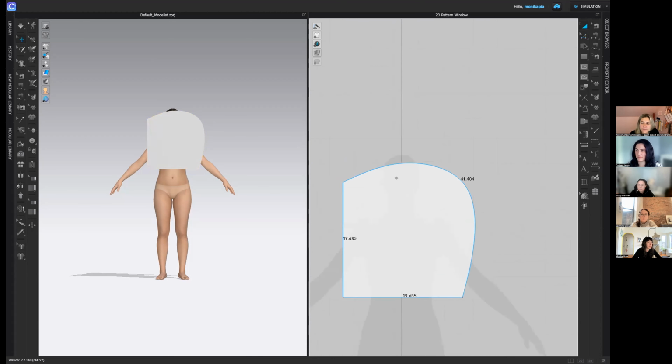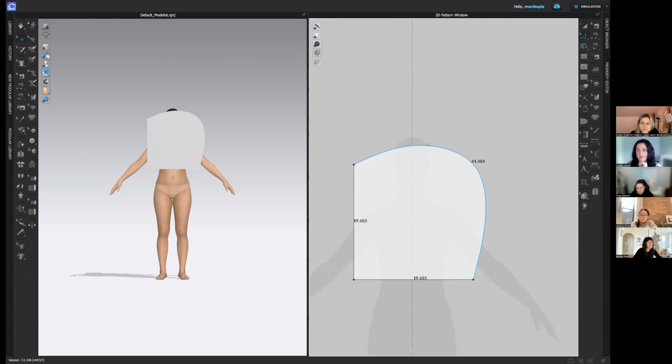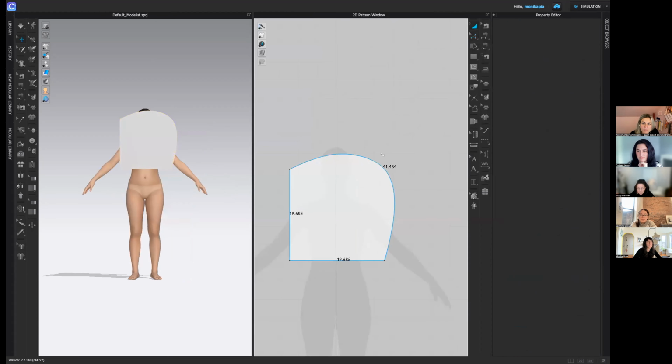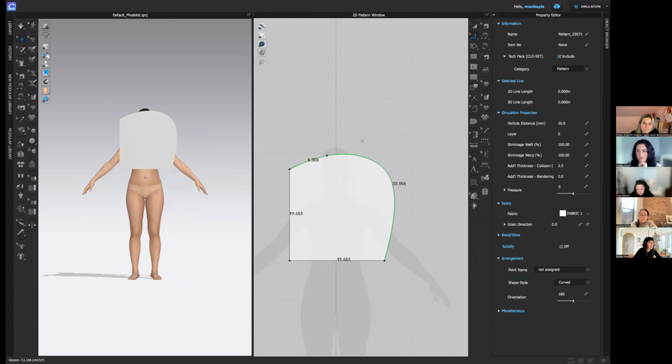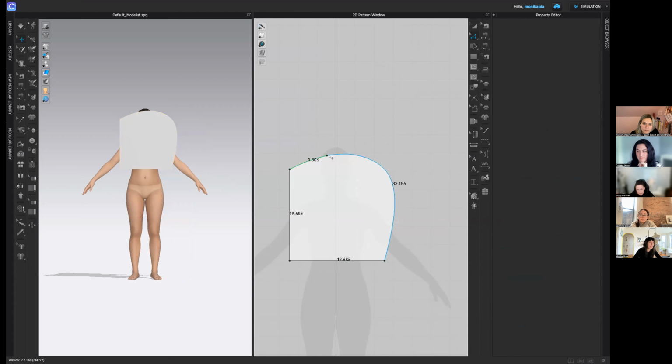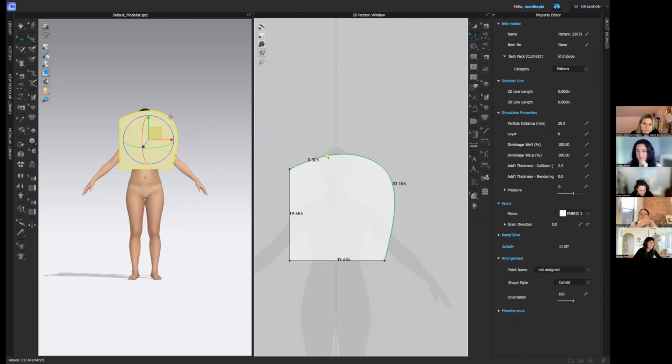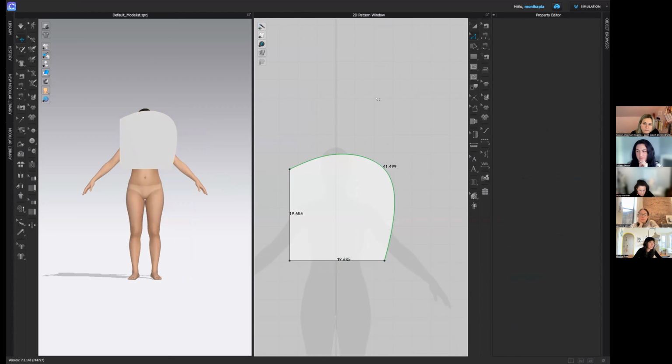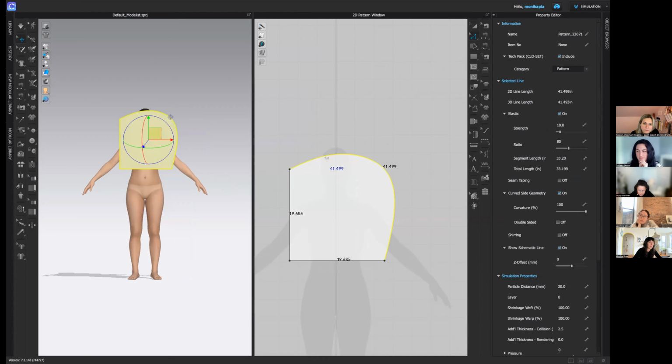I do too. Because sometimes, especially if you have elastics, let's say you have an elastic applied to a segment and you go in to add a curve point, or if you go in to add a segment point and then turn that into a curve point, sometimes it'll remove that elastic, which can get frustrating. So